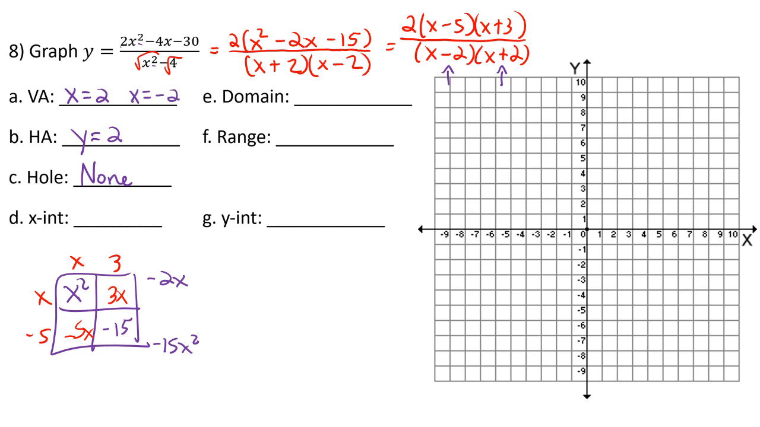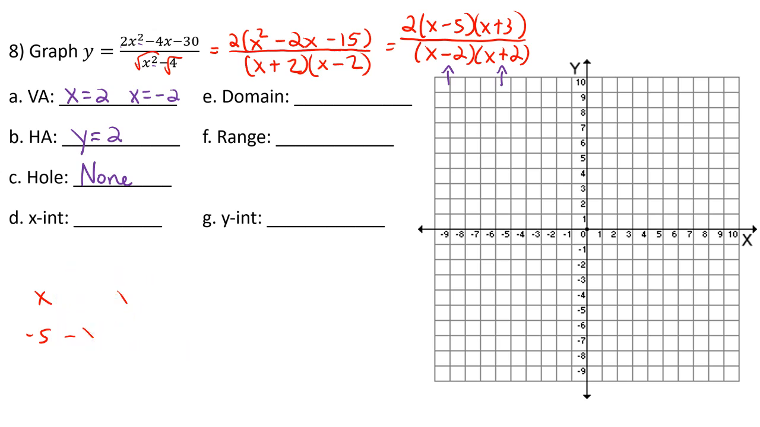X-intercepts, those come from the numerator. So we look at the factors in the numerator, and we ask the same question, what number minus 5 would equal 0? That's going to be positive 5. So 5 comma 0. We go to the next one. What number plus 3 would equal 0? Negative 3. So here is my other